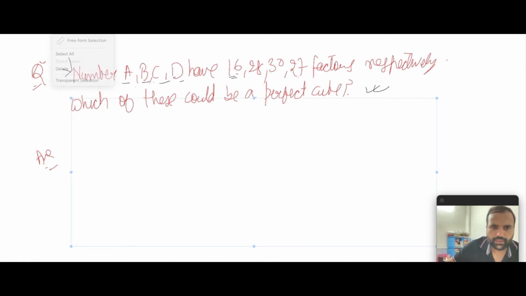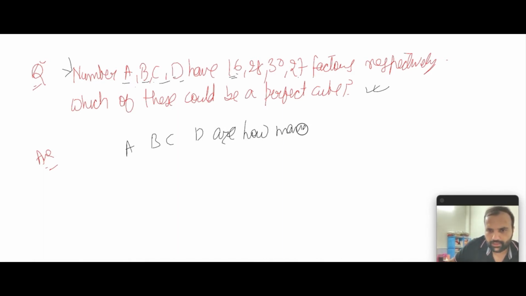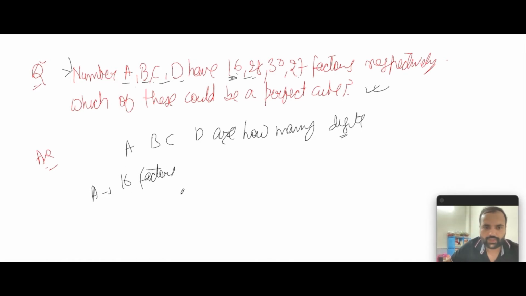So where we started, first of all we don't know how many digits A, B, C, D have. So we would keep going till we reach these many factors. So let's start with A. A has 16 factors. Now we know that for anything to be a cube, it has to be multiplied 3 times. It has to be in a group of 3. So what we can do over here is,